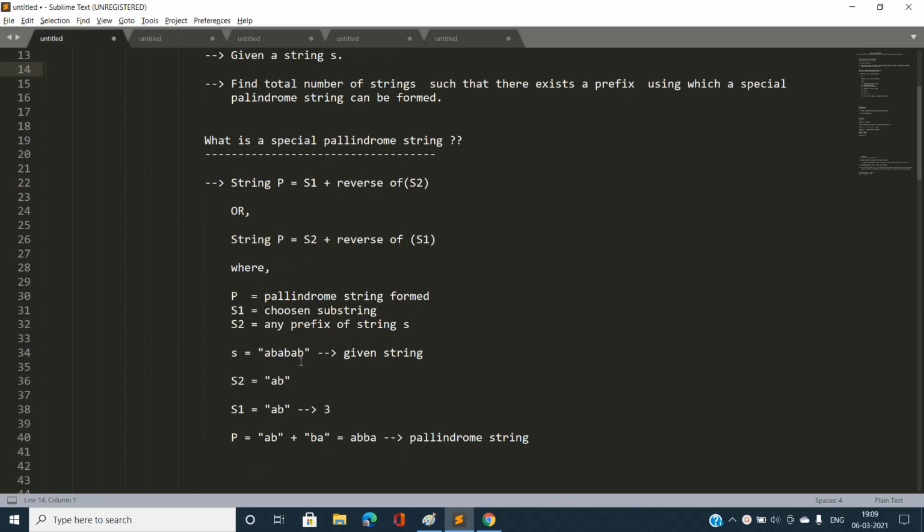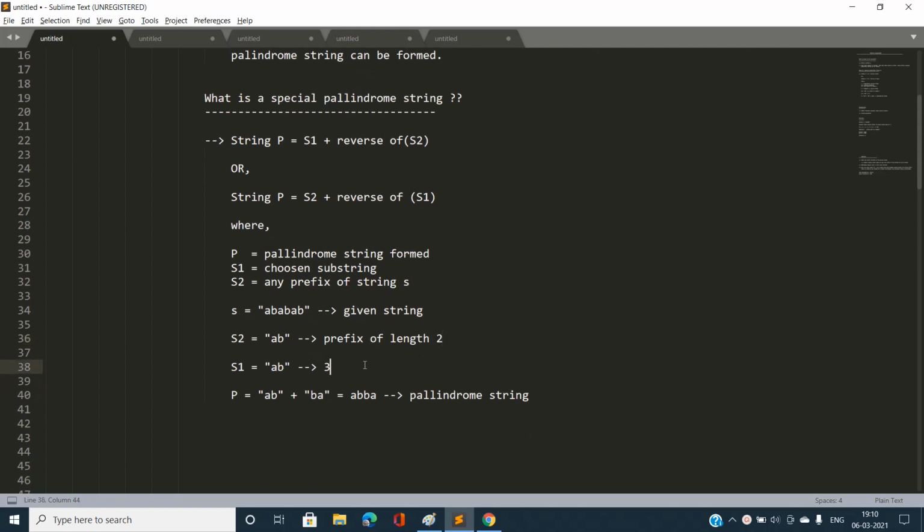So let's understand this with the help of an example. Suppose I have a string s equals ab. Now s2 equals ab, let's say any prefix of length 2. This is what I have chosen for the current prefix. Now you can see for all the substrings of this string s which are exactly equal to s2, the total count is 3.